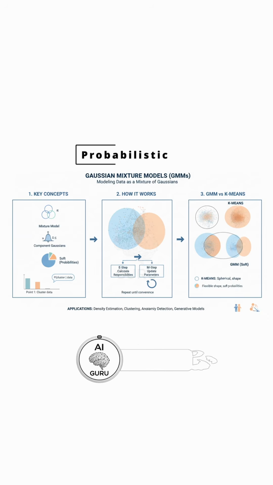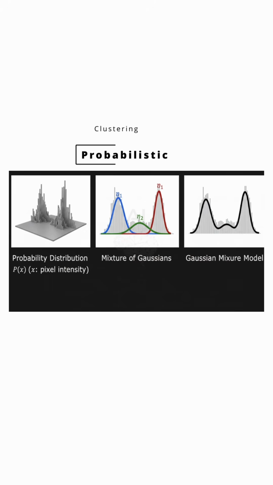Gaussian mixture models, GMMs. Right. This is where we get into probabilistic clustering. GMMs take a fundamentally different route. Instead of assuming a cluster is defined by a single point, its mean, GMM assumes that the data was actually generated by a mixture of several probability distributions, specifically Gaussian or normal distributions,